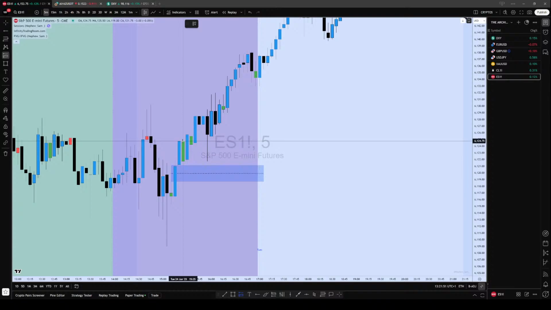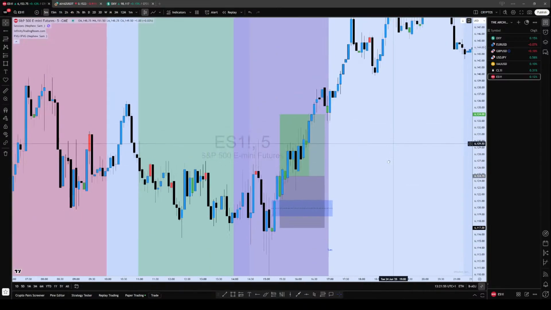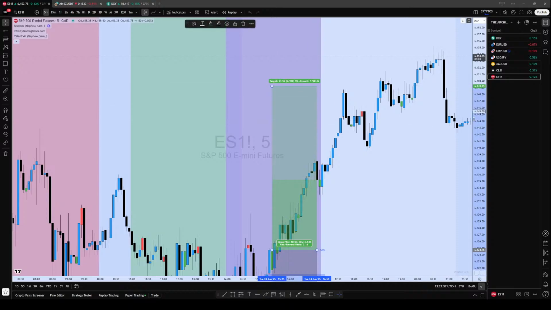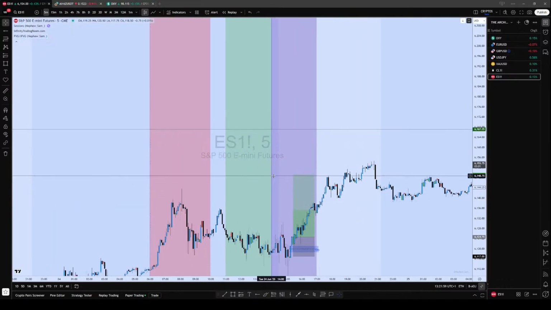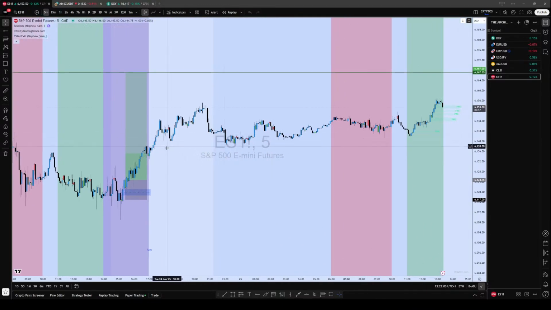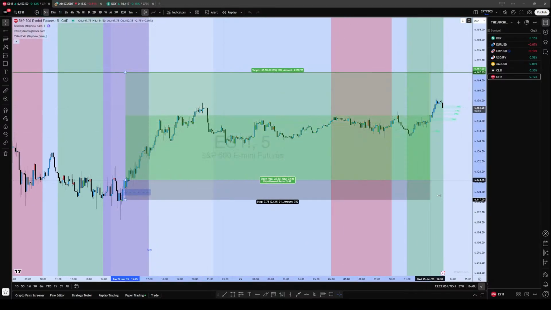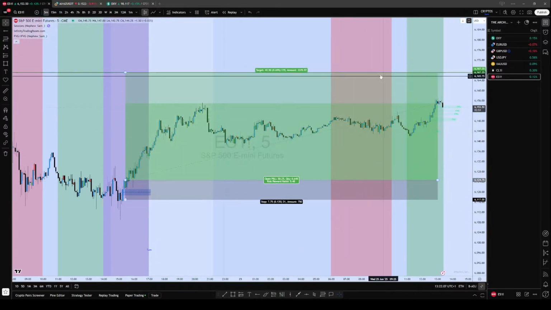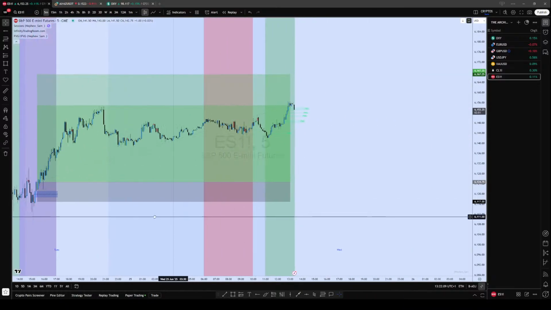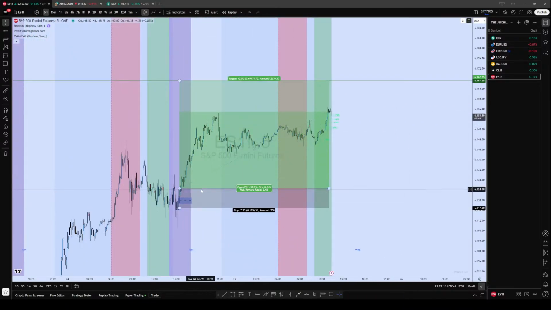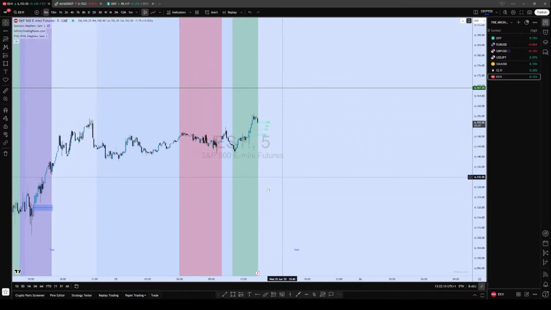So long this candle, stop loss below the gap, and then 2 to 1 towards the level that I gave, which is here, right? That was a trade idea, and we are yet to get there. So this New York session, there will be a continuation.